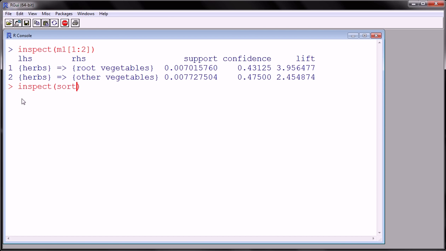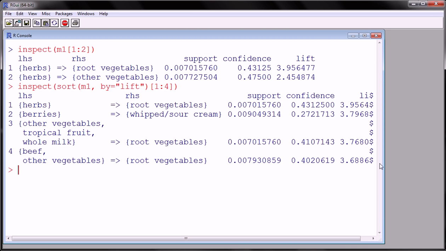So we can use inspect and we can sort M1. We could sort it by the lift. You could sort by support. You can sort by confidence. I want to sort by lift. If I hit enter here, I'm going to get all 363 rules. I don't want all 363. Let me just look at the top 3, or let's make it top 4. Okay, so here's the top 4 rules